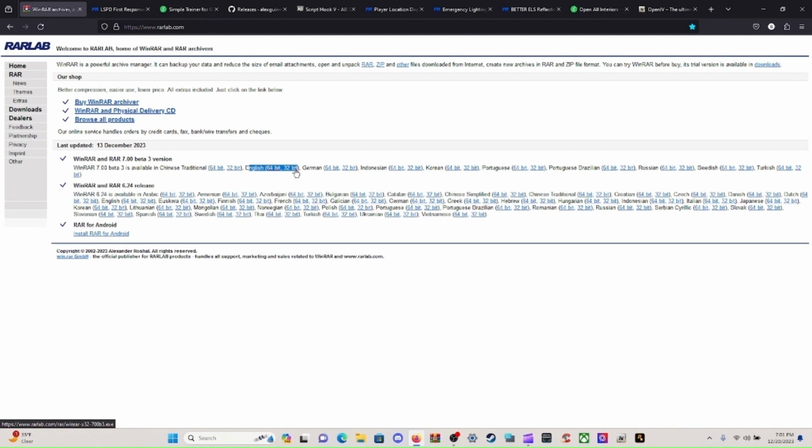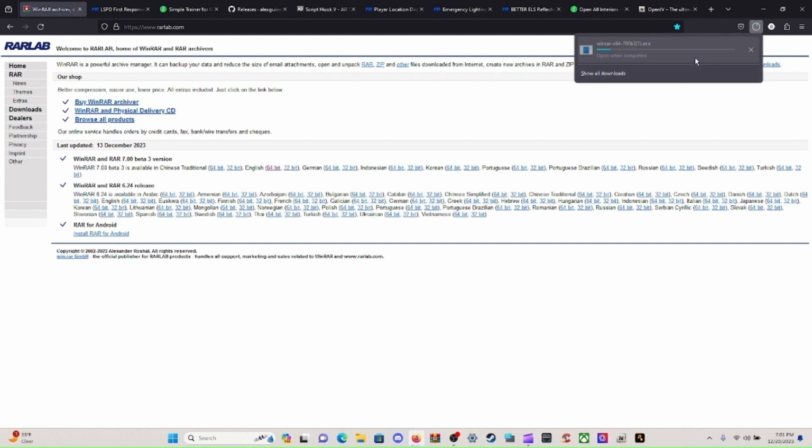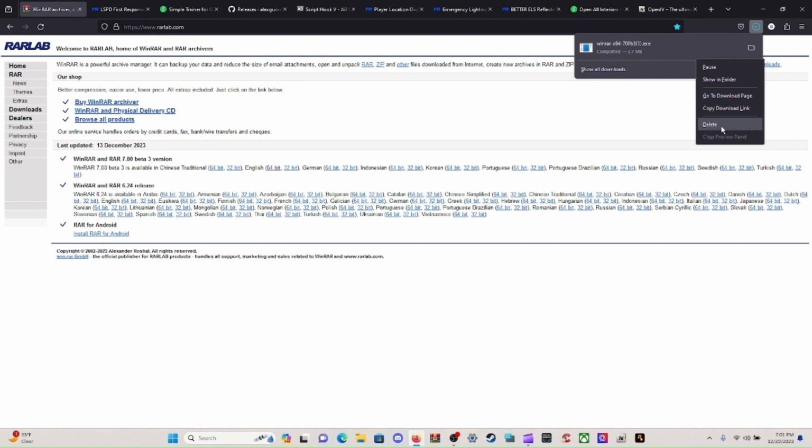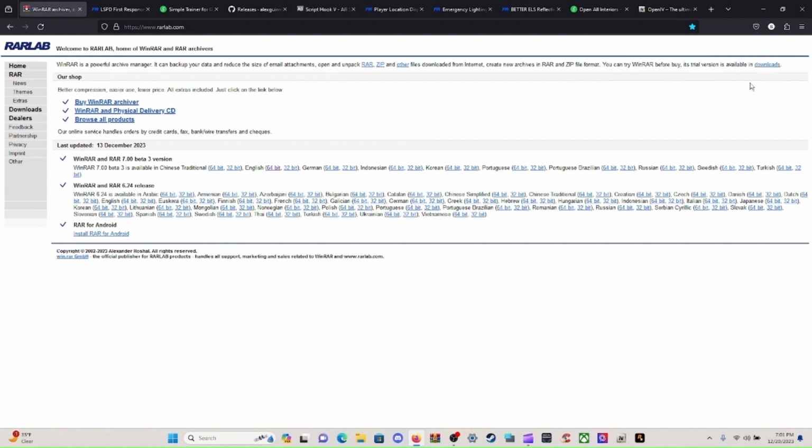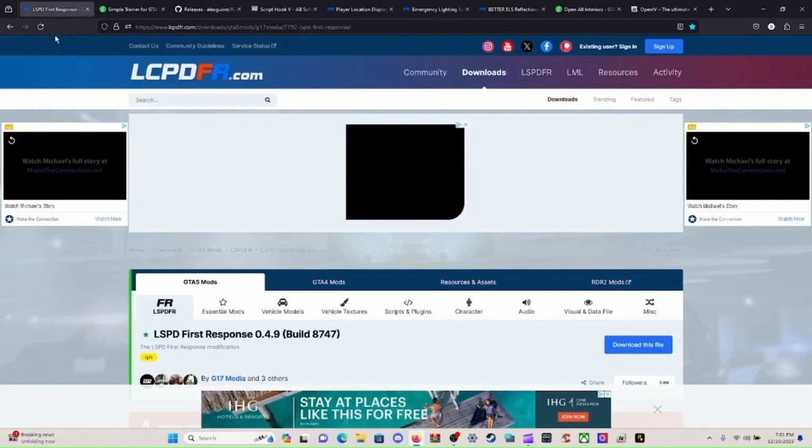So whatever bit you choose, go ahead and just click on the bit you want, and then it's going to start downloading just like that. And then once it gets done, open it up and go step by step on how you want to download it. It's very easy. Once you get done doing that, let me remove this from my history here. And then go ahead and close out of that browser